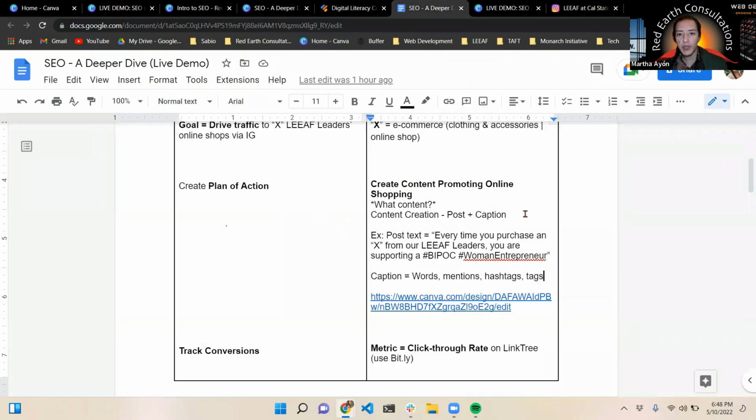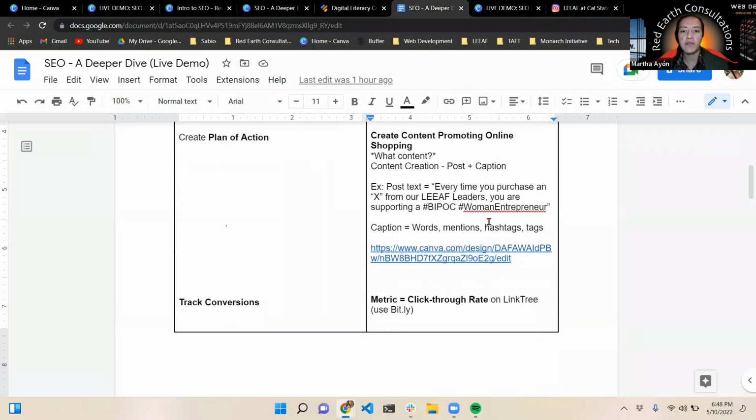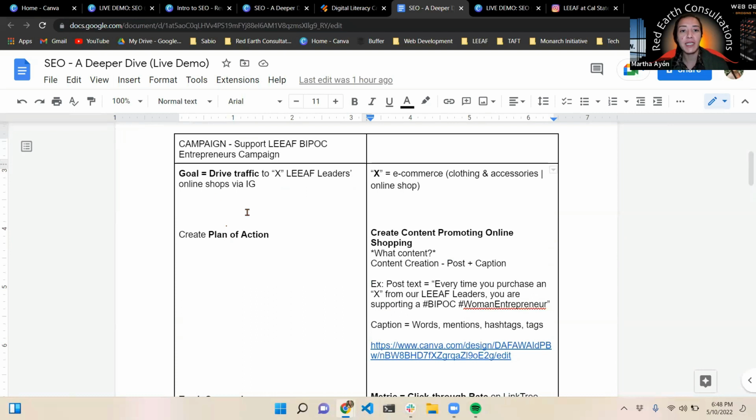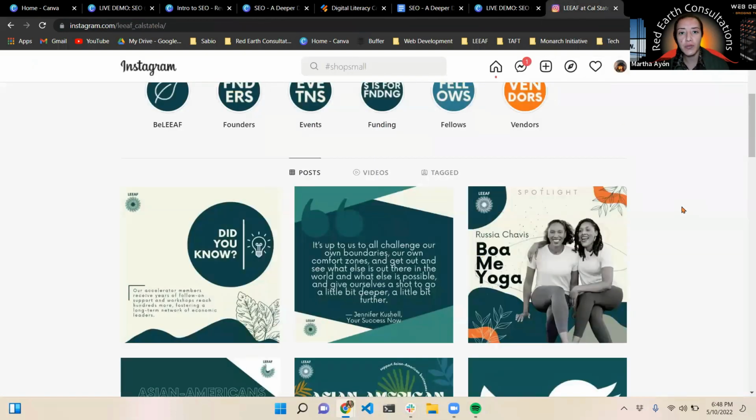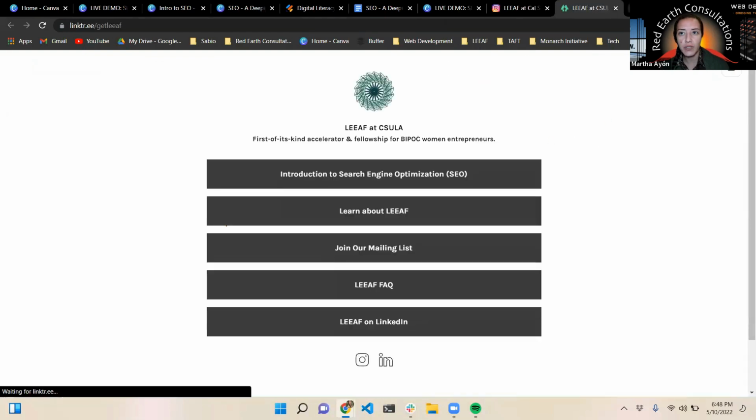So creating the post, creating the caption, having your mentions, your hashtags, your tags. And finally, the way that I would actually track something like this, a campaign where I'm seeing if the traffic is actually going to the leaders' pages, is you track it using the click-through rate on the link tree. So right here, link tree, you would use